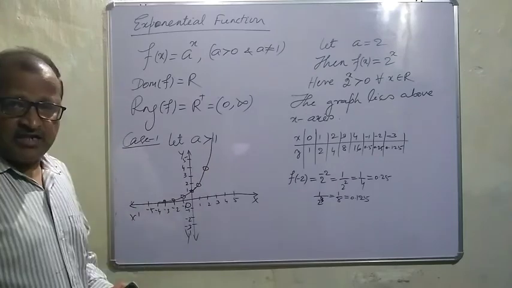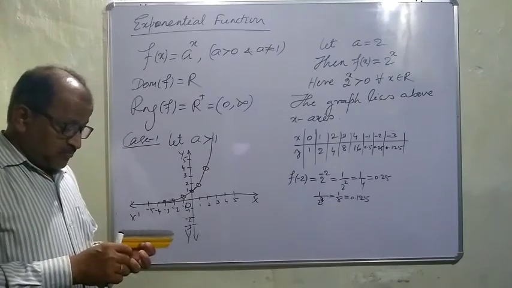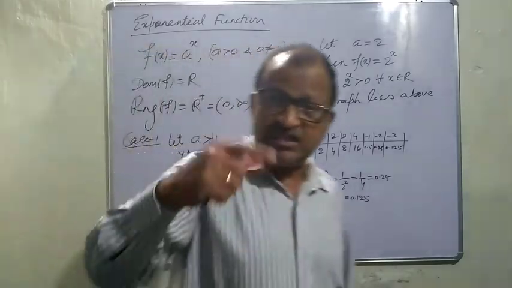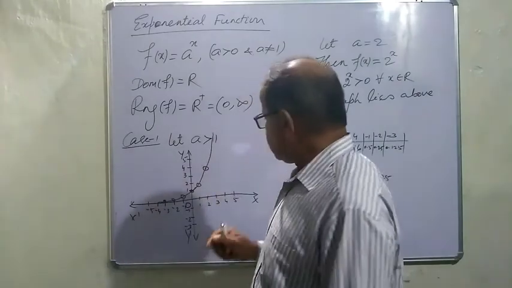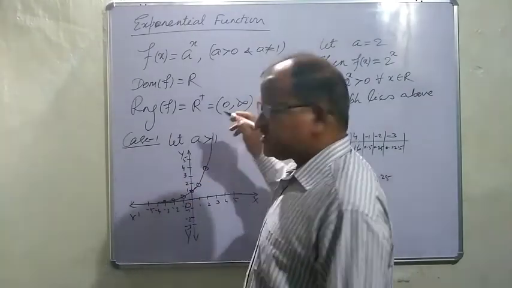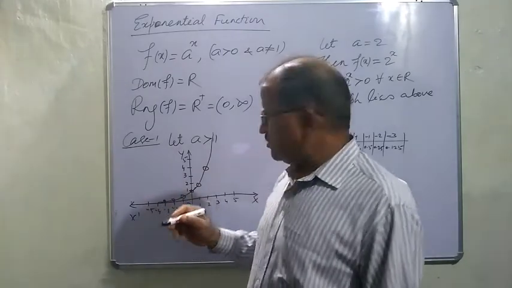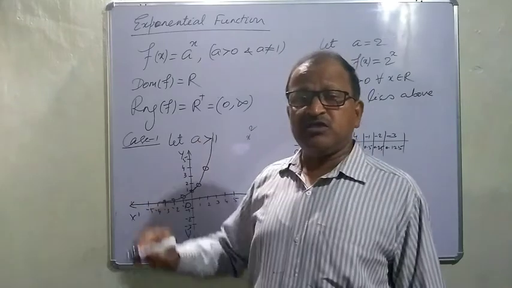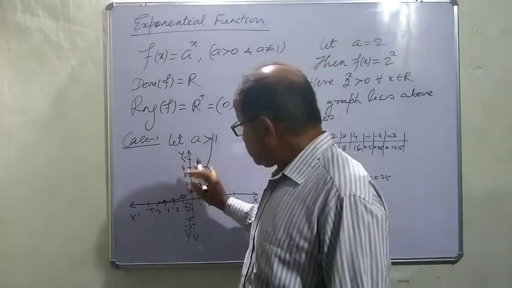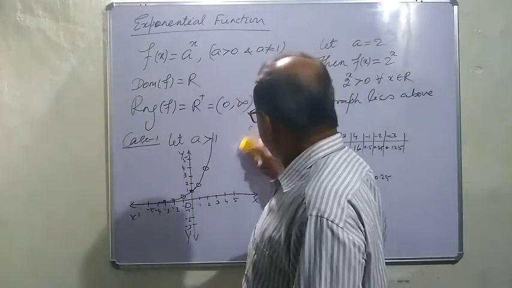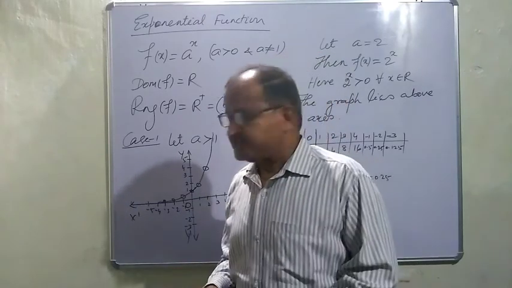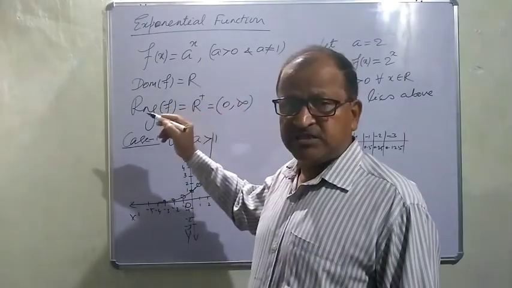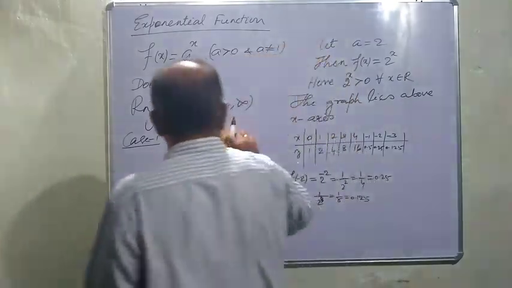That is why you call the rate exponentially increasing. That means it is increasing more than your power function. Suppose it is 2 to the power x. If you take x square, it is not so increasing. 2 to the power x is increasing more rapidly than x square. So this is a highly increasing function, the exponential function.